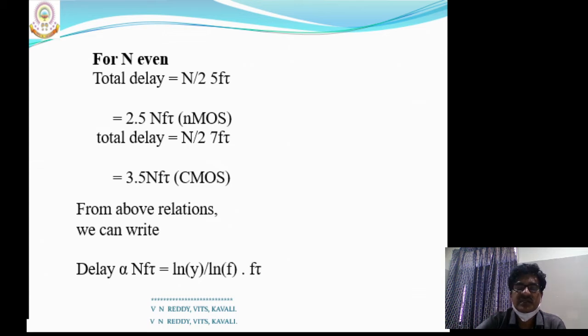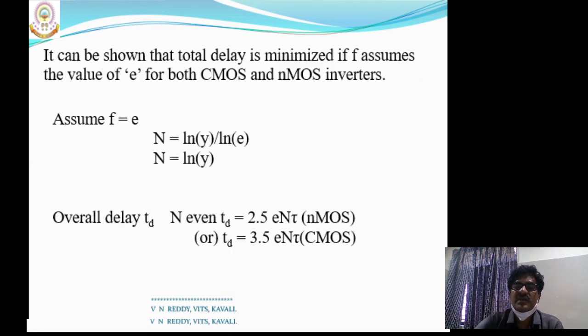So for an even number of stages, even number of inverters, if n is even, the total delay you can estimate as n by 2 into 5f tau, that equals 2.5 n f tau. Clear? Since 5f tau is for the pair, the delay for the pair. So for n even number of inverters, the total delay we can calculate using n by 2 into 5f tau, which is equal to 2.5 n f tau. Similarly, in CMOS case, it is 3.5 n f tau. So either NMOS case or CMOS case, the delay is directly proportional to n f tau, right? Already n, previously, is ln of y divided by ln of f, into f tau, right? So therefore, to minimize the delay,